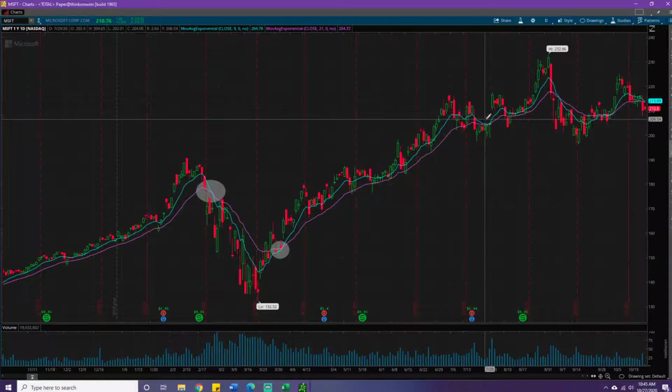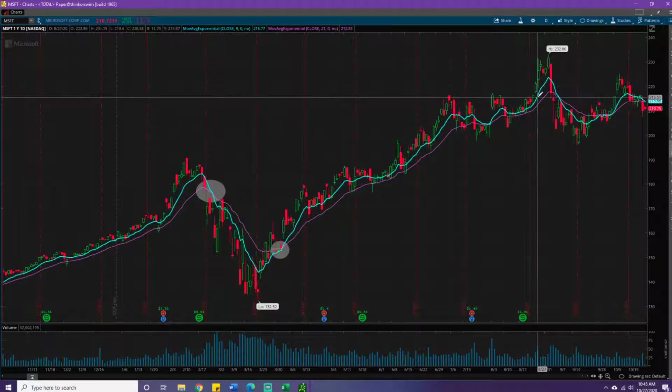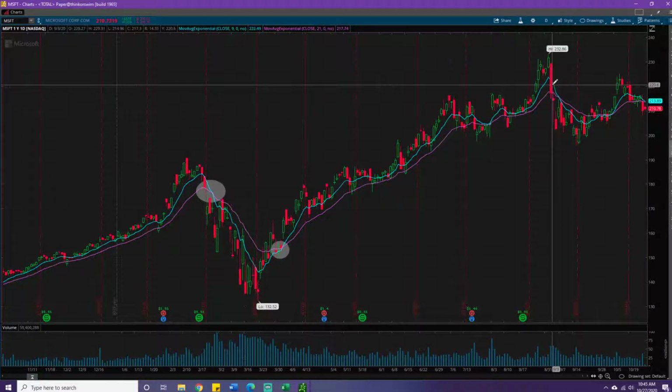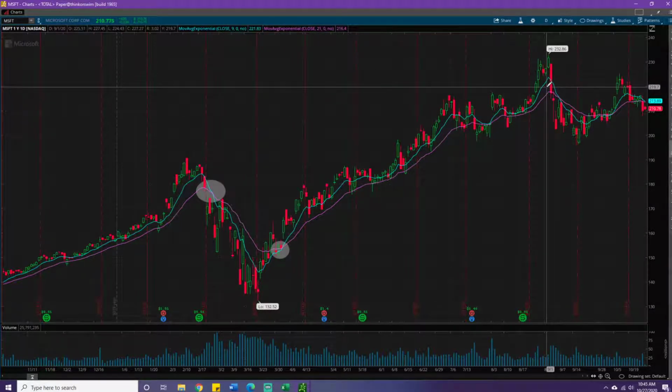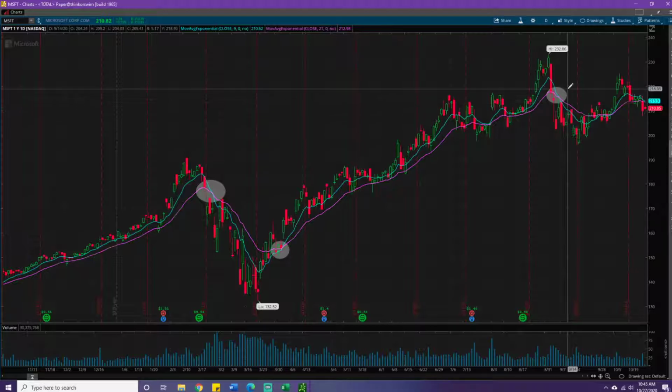We got a little bit of the 9 EMA clashing with the 21 EMA, but as you notice, it bounces off of it, and it continues that trend. We then see another cross here from the trading of the 52-week high at $232.86. And now I'm going to highlight this, the cross here, and we experience